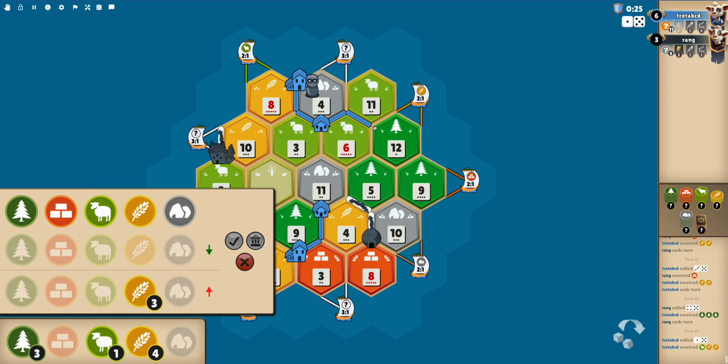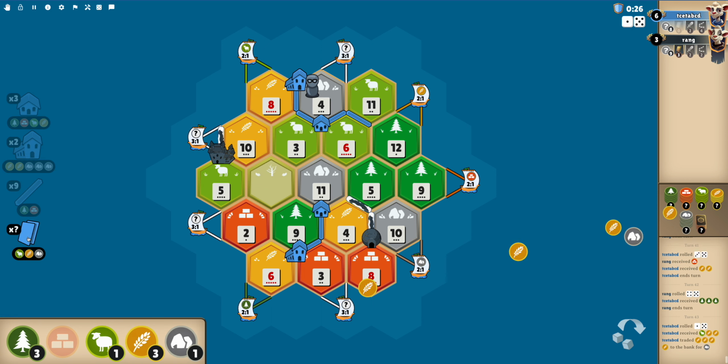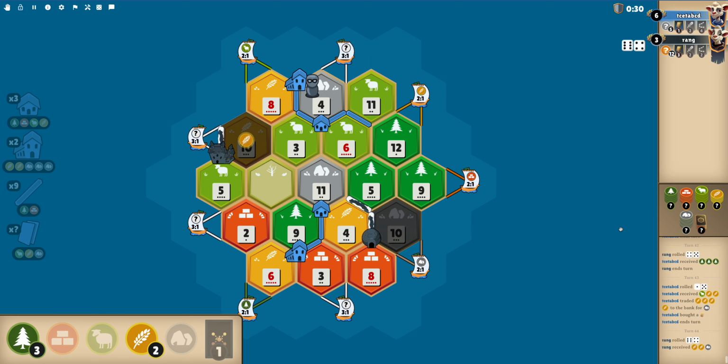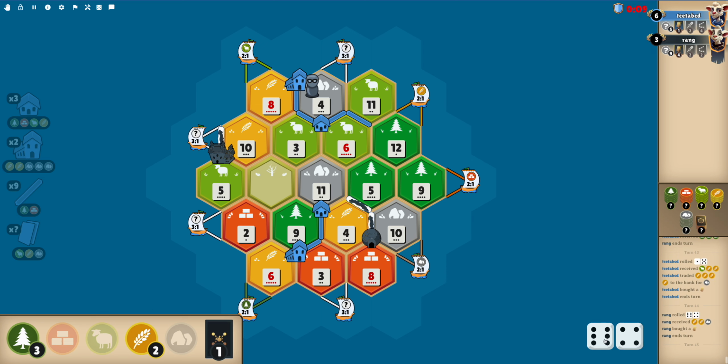At this point, I can get a settlement on 6, 11, 12, but I think just buying another dev card is pretty good. Okay, so this is a monopoly. So now I get a monopoly, which is huge. And yeah,